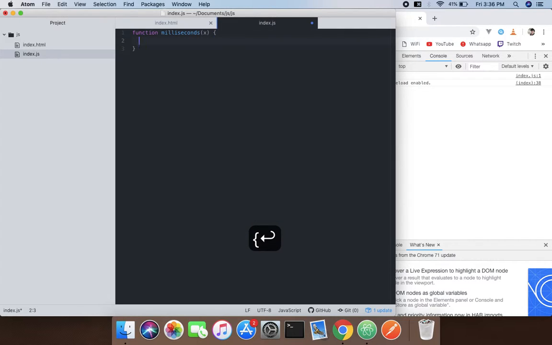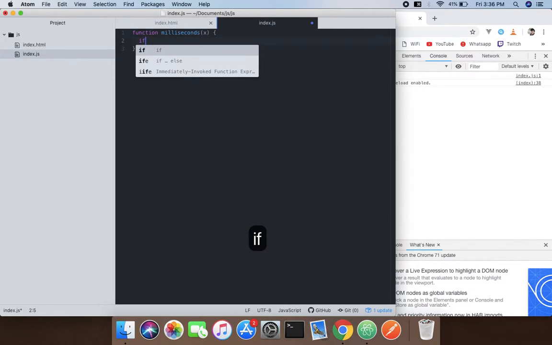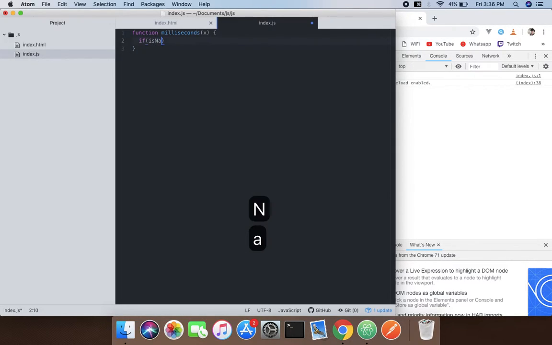After that, what we're going to do is, if isNaN, is not a number, and pass the parameter which we take from that, and if that is NaN, it will